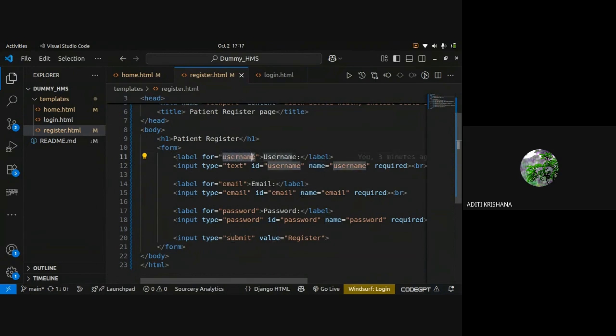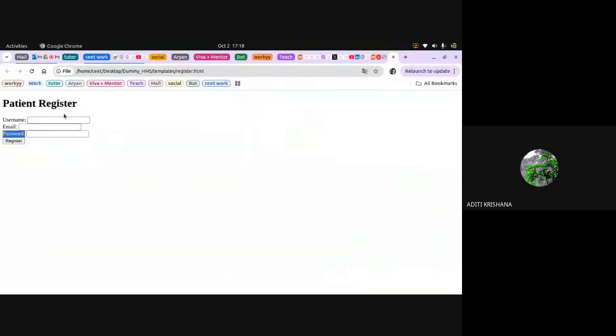For every property, there is some value which we have given. Username is given for the ID and name properties, and type means what type of input you are going to type inside the input box.